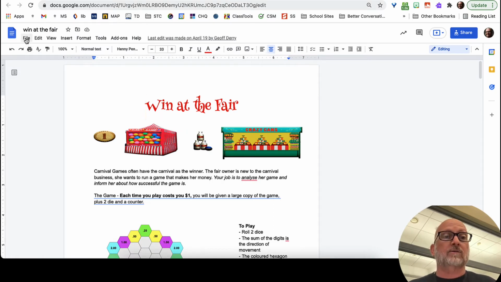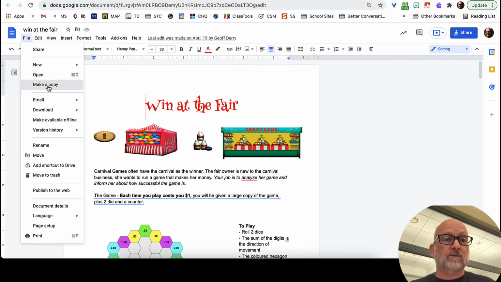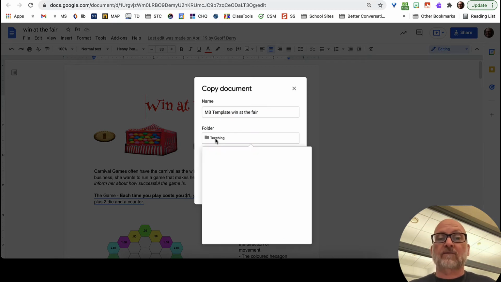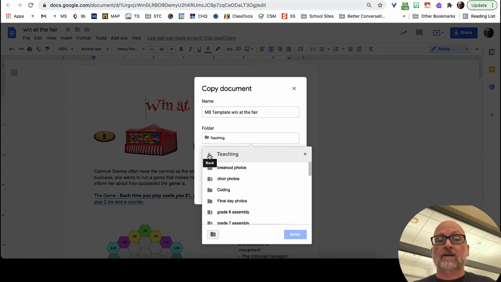Then it's as simple as finding the document that you'd like to make a template. What I like to do is to make a copy of this document. So I'm going to call this, instead of Win at the Fair, ManageBack Template, Win at the Fair. And what I can do straight away is, rather than just save it in my teaching folder, I can keep going back,